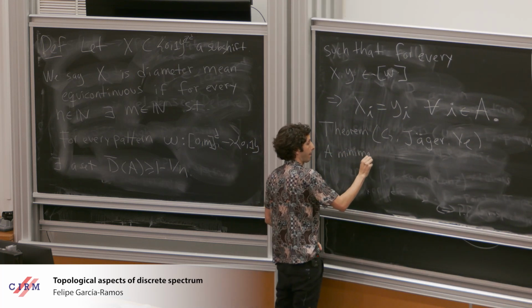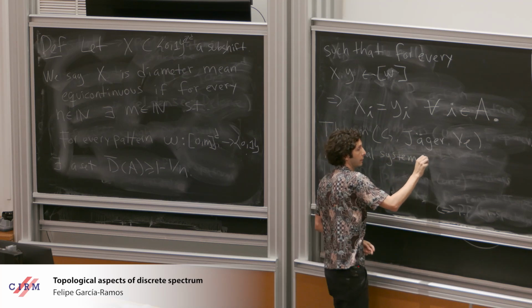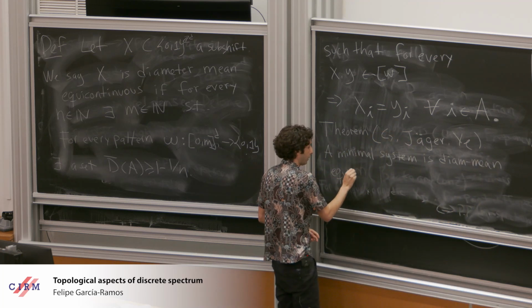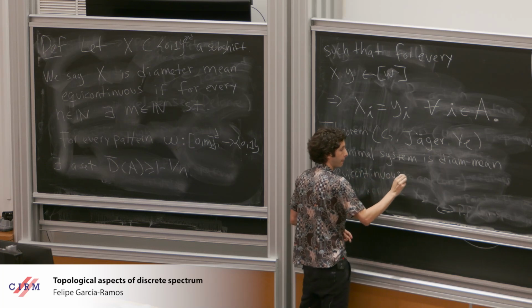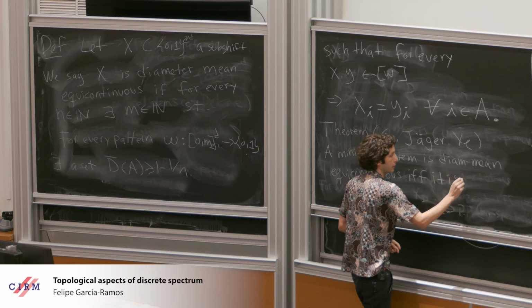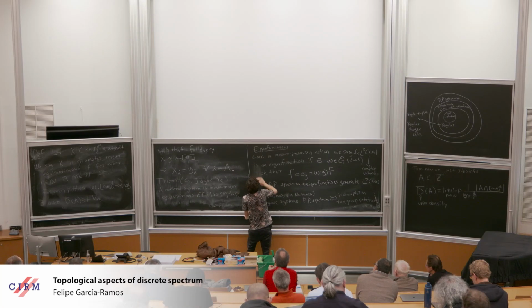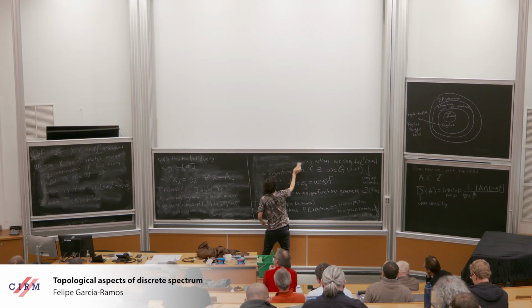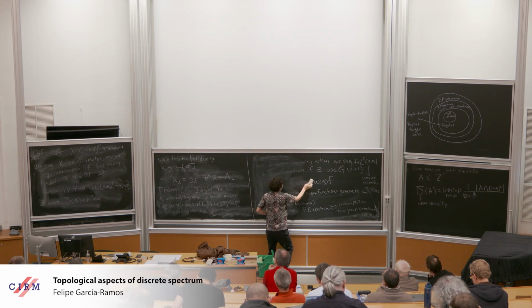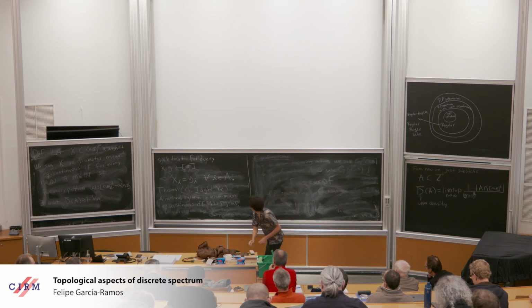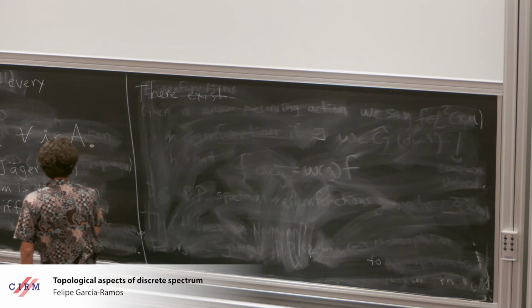A minimal system is mean equicontinuous if and only if it is regular. So I'll tell you what regular means. There exists... So this is the definition of regular: